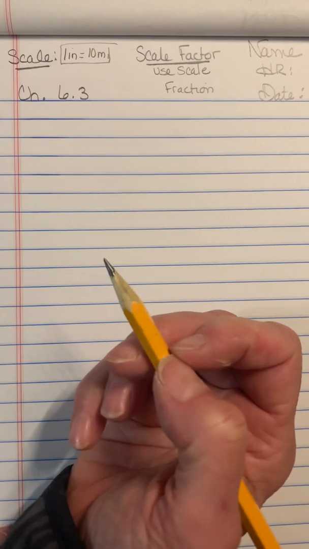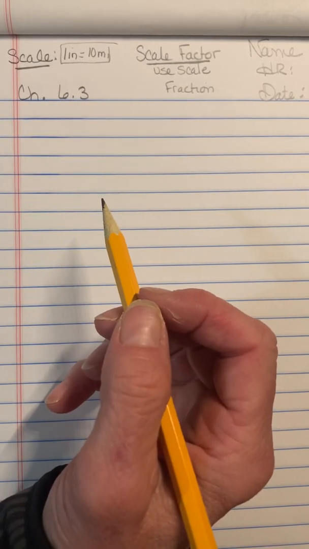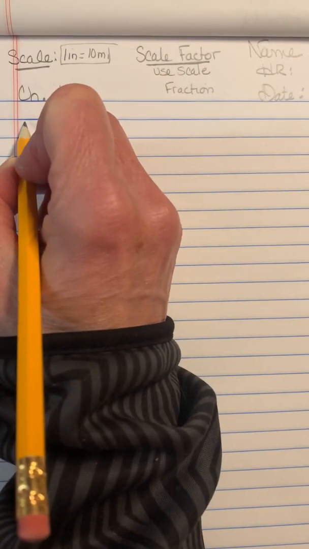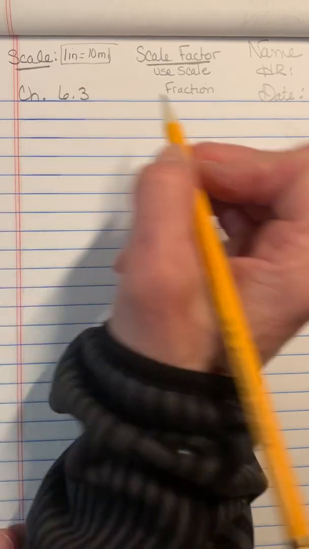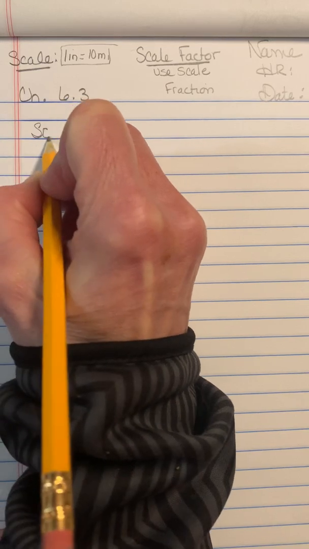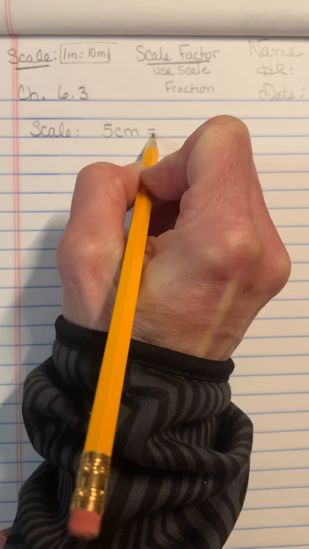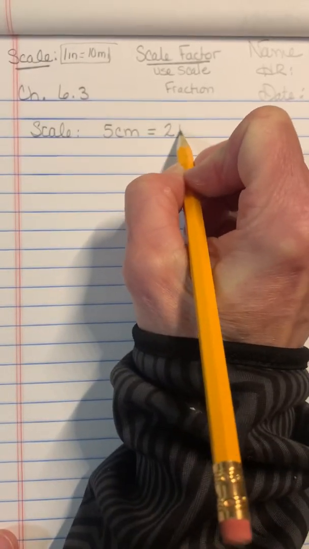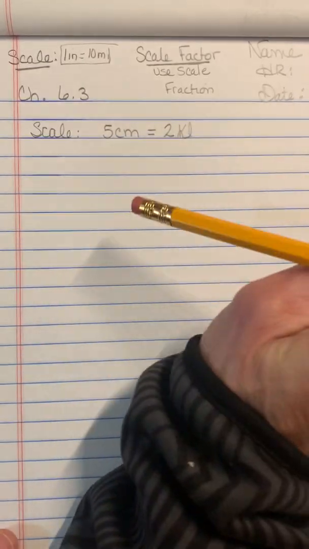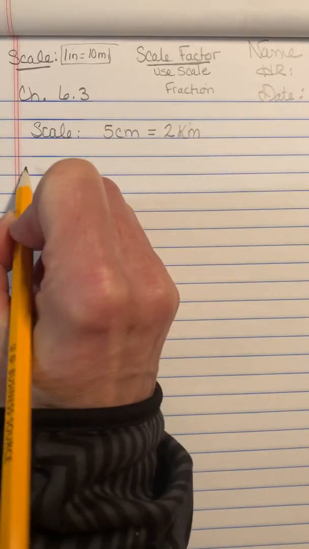Okay, so the first part has to do with finding the missing dimensions. It's pretty easy. It gives you the scale. For questions 1 through 11, it gives you the scale already. So you're going to use the same scale, which happens to be for every 5 centimeters, that equals 2 kilometers, okay? You should be able to figure this out easily, but let's go through the process of how you can